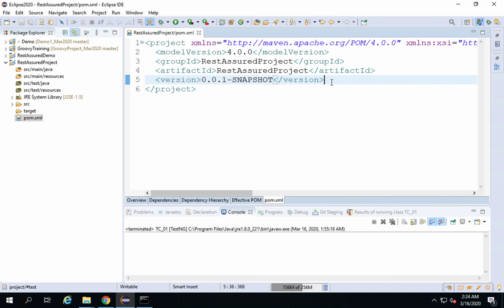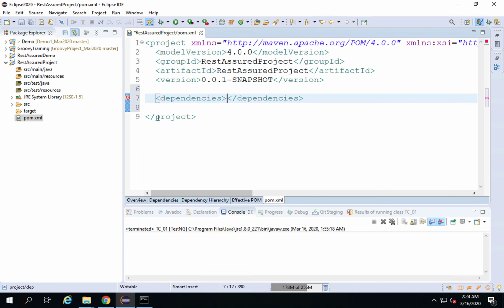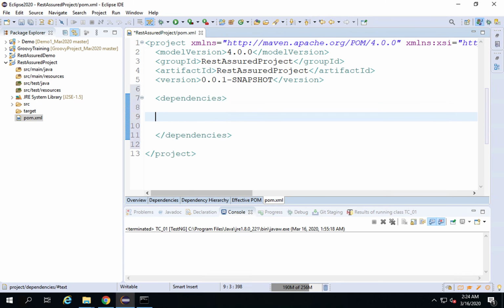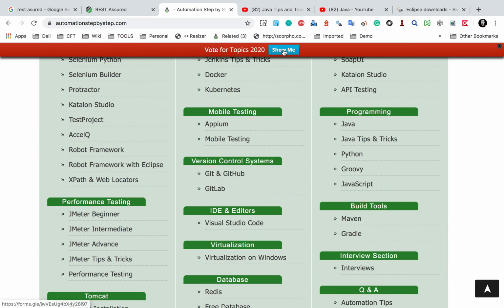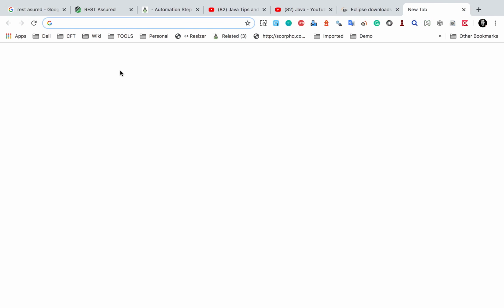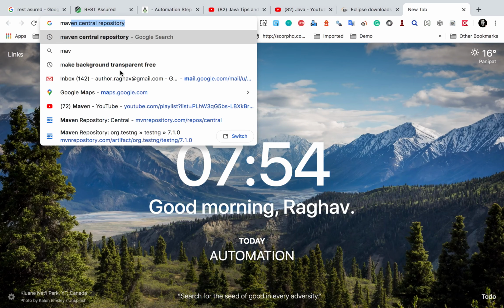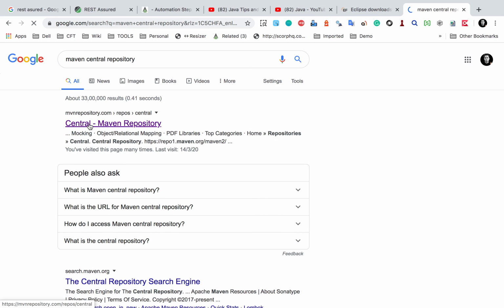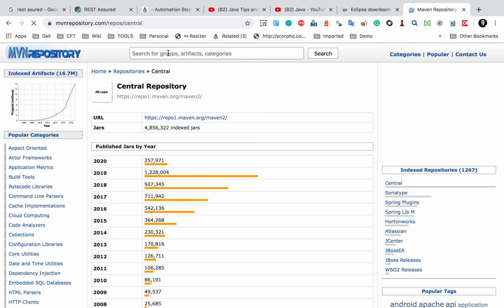And to put the dependencies, you just have to create a tag for dependencies within the project tag. So if you say dependencies here, you can also see it is getting auto completed, and now all the dependencies that we require will be put inside this. So to get the dependencies for rest assured, I will go to Maven Central, and here I can get the Maven dependencies. So I will search for rest assured first,